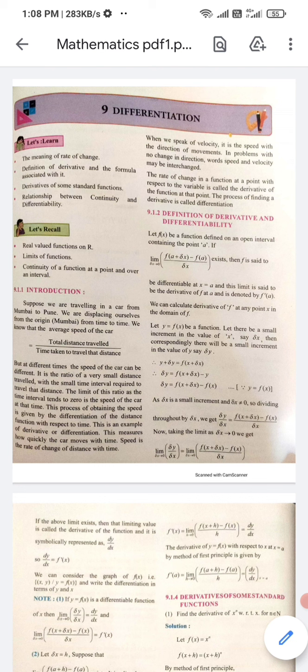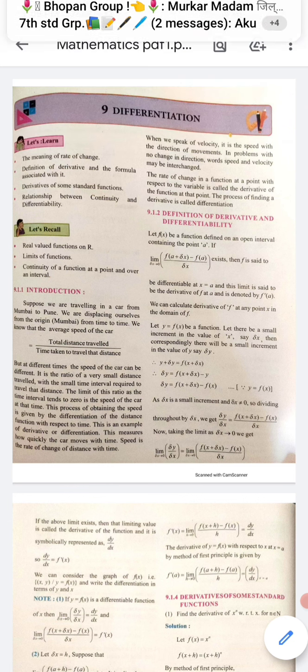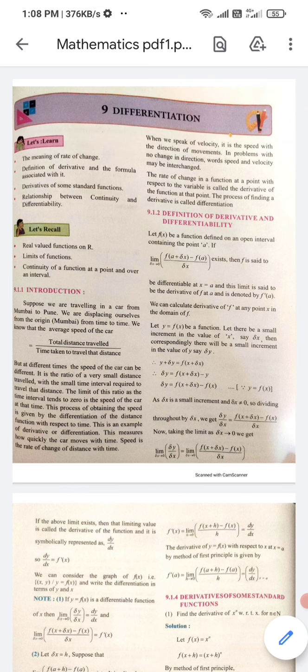Now, the rate of change in the function at a point with respect to the variable is called the derivative of that function. And the process of finding the derivative is called differentiation. So, definition of the derivative and differentiability. Let f of x be the function